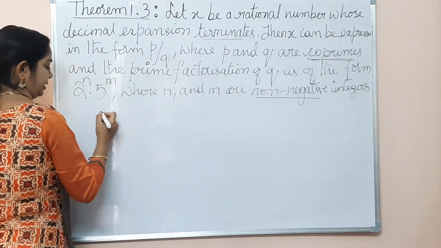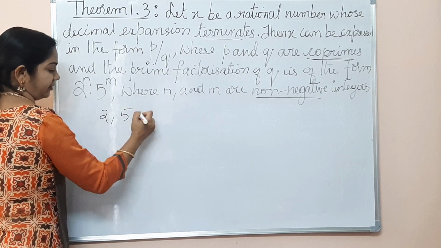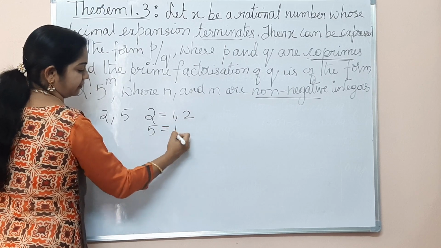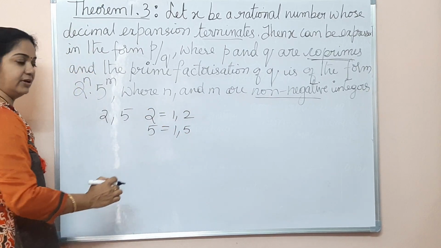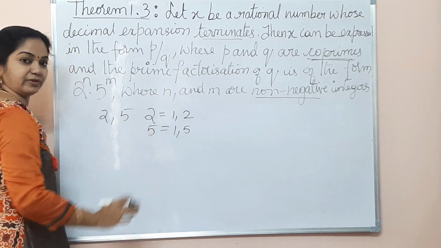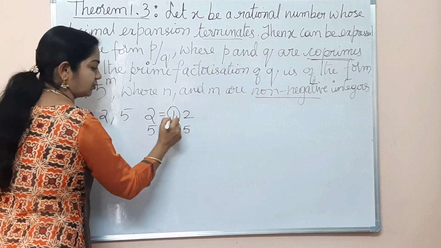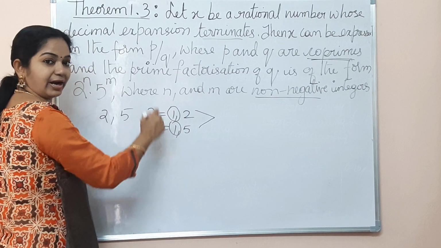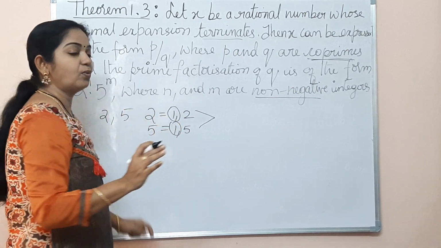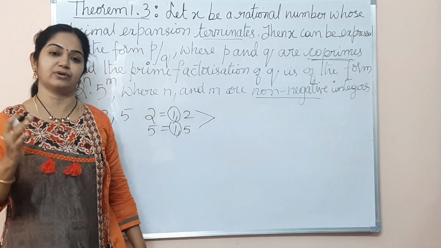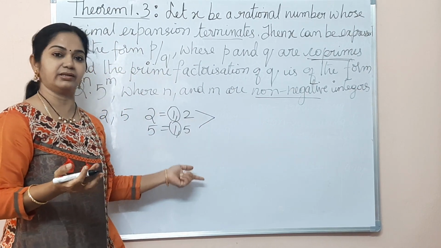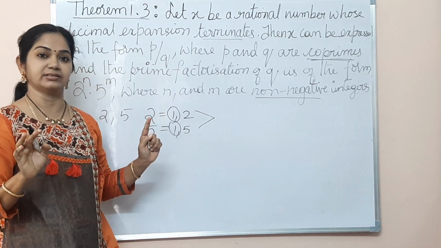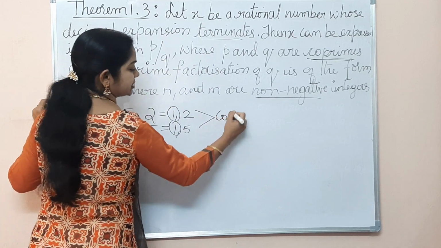Co-primes. What are co-primes? Let me take one example, 2 and 5. I find the factors of 2: 1, 2. Factors of 5: 1, 5. If you see 2 and 5, there is no common factor for both of them except 1. So co-primes are a pair of numbers not having any common factor other than 1. We know 1 is a factor of all numbers, obviously a common factor for all numbers. Other than 1, co-primes should not have any other common factors. So those are called co-primes.